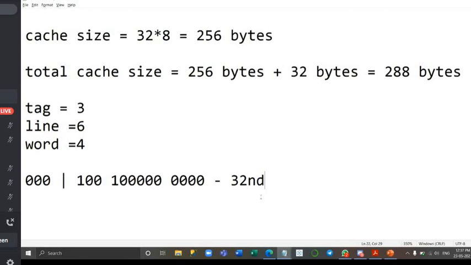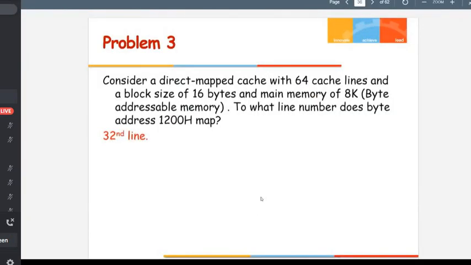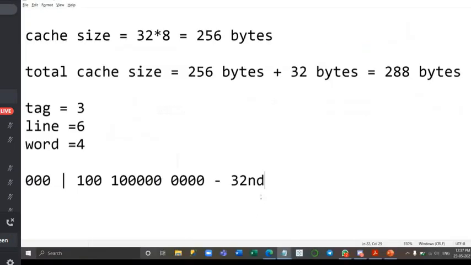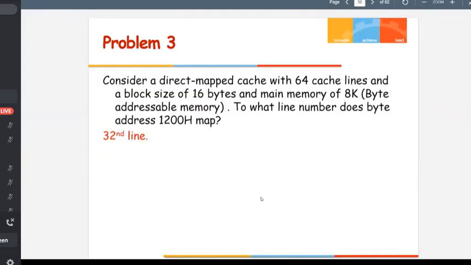Yes, got it. One thing, what is the significance of writing byte addressable memory in that question? Byte addressable memory means that you would be calculating everything in respect of bytes, I believe, because yesterday when word addressable memory came up, he converted all of the byte values into words.